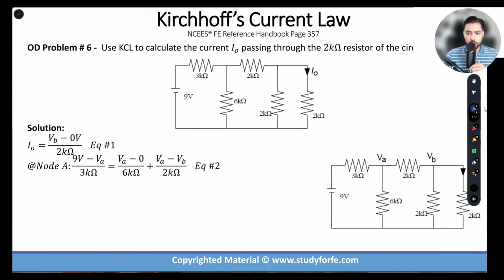Then at node A, if I throw a virtual ground here, can we write a KCL at node A? And are there any correct, right, wrong, better, worse assumptions? I'll give you some rules of thumb that will most likely always result in the right assumptions, but even if the assumptions are wrong,